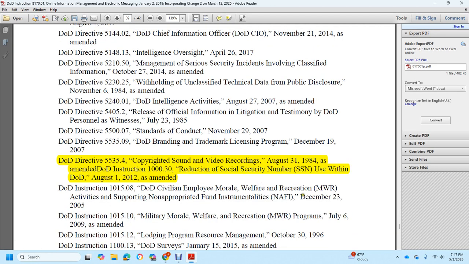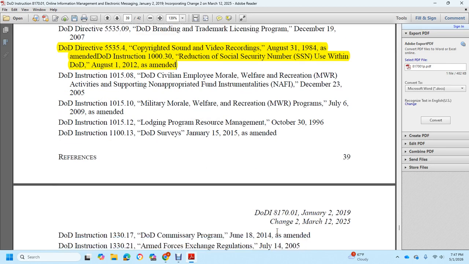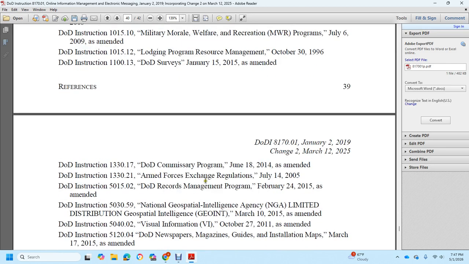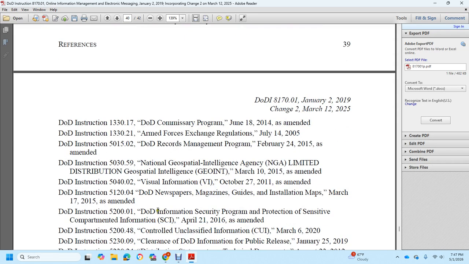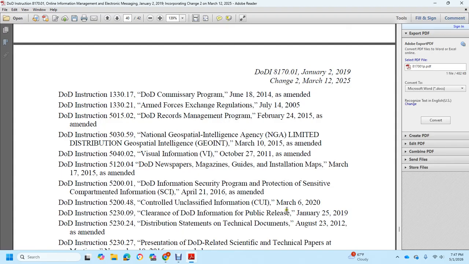Civilian employment, welfare, recreation activities reporting on nonappropriated fund instrumentalities, military morale, welfare, and recreation programs, lodging program, resource management, DoD surveys, DoD Commissary Program, Army and Air Force Exchange Service regulation, DoD Records Management Program, National Geospatial-Intelligence Agency, Limited Distribution Geospatial Intelligence, Visual Information, DoD Magazine Guidelines, Installation Maps, DoD Information Security Program, Protection of Controlled Unclassified Information, Cleared DoD Information for Public Release,